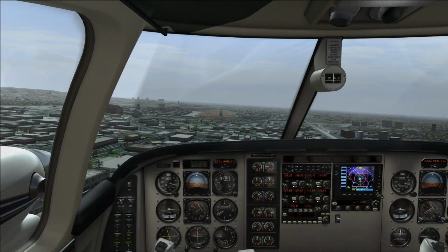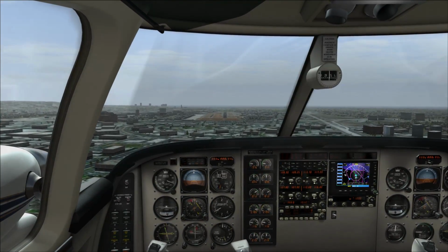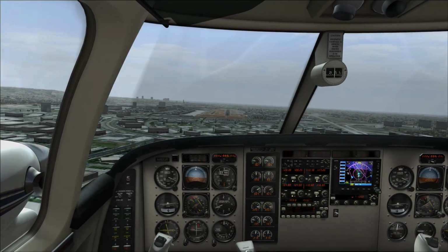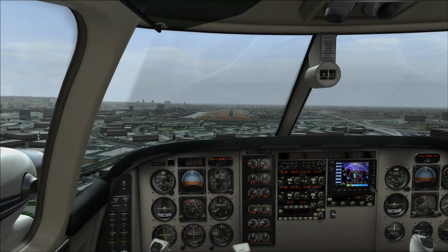Trying to get the speed up a little bit. Ease our rate of descent as well. And we're lined up-ish. Oh, too much power. You see that? The turbine